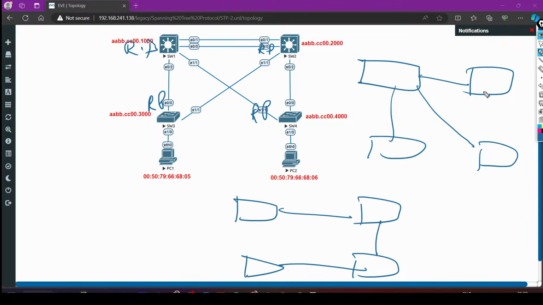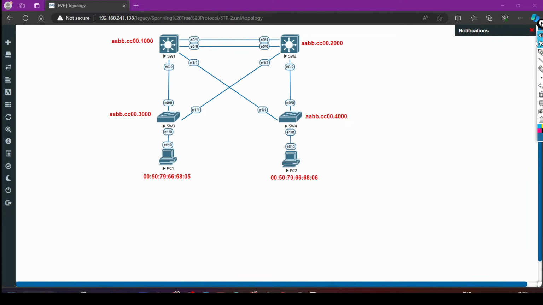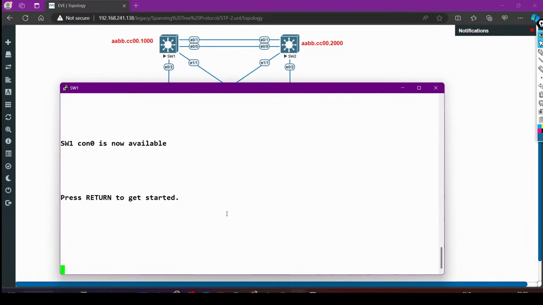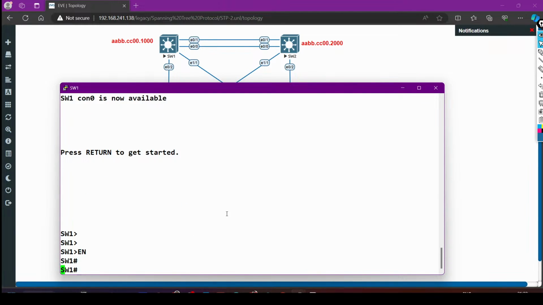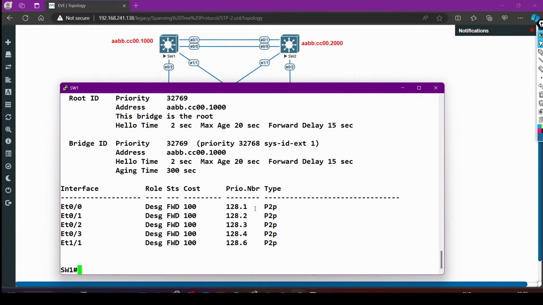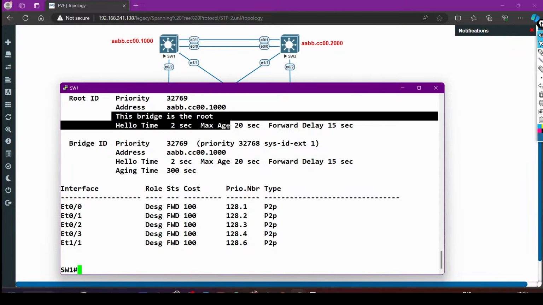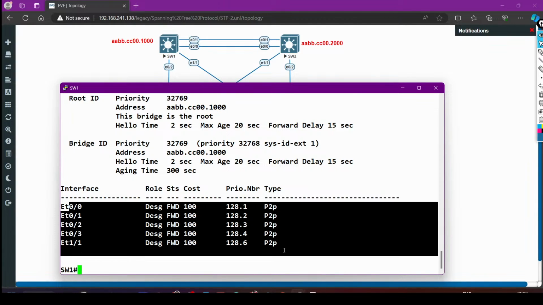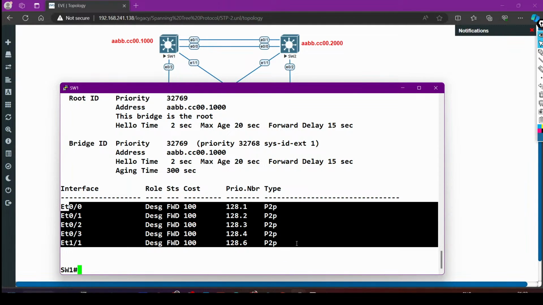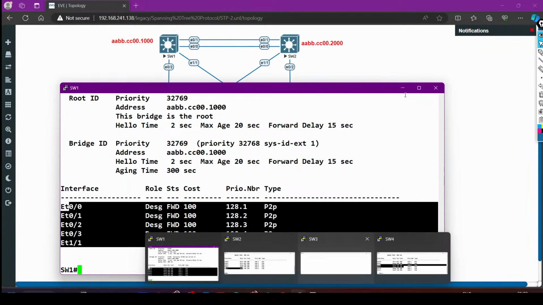Okay, so for now switch 1 is my root bridge. Here we are able to see in the spanning tree protocol that this bridge is root, and because of that all ports of this switch are designated ports. The state is forwarding. On switch number 2,